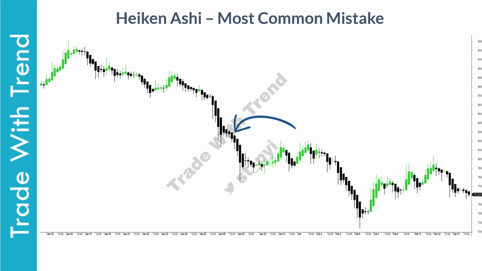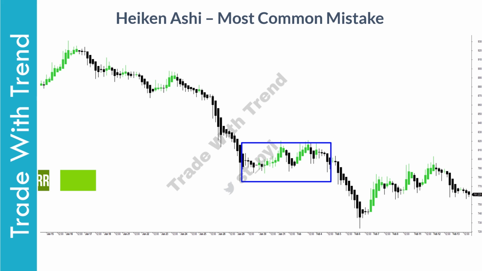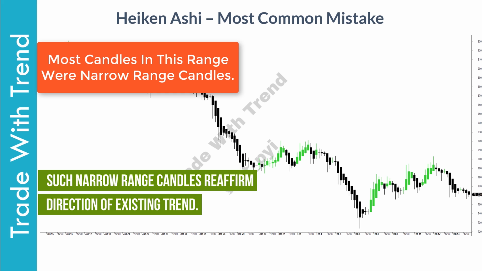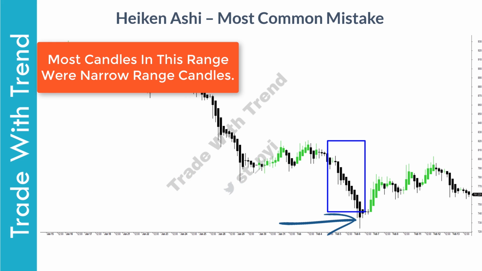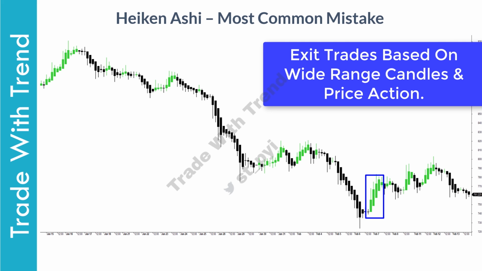Now look at these candles here. Traders here exit the trade as Heikin Ashi candles start reversing. Whereas these candles, if you see, have no bearing on the existing trend. All these candles I've marked here are extremely small in range and have no element of momentum. Therefore, the prior trend which was down is still in place. Price then again moves lower with momentum till a long tail candle shows up, and then price begins to move sideways. If you look at the candles in this region, these are relatively wide in range and have both initiation and confirmation candles. These are the regions where you should be exiting the trades, as this might lead to trend reversal. I hope this particular point is clear.